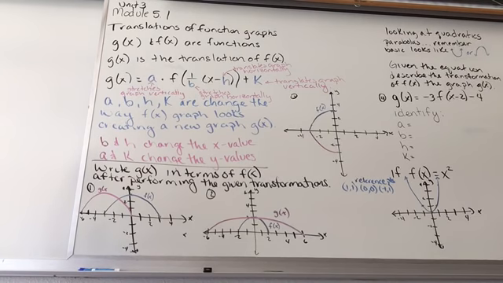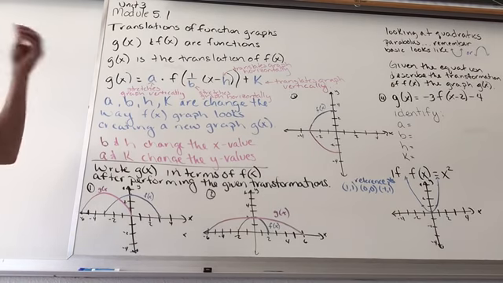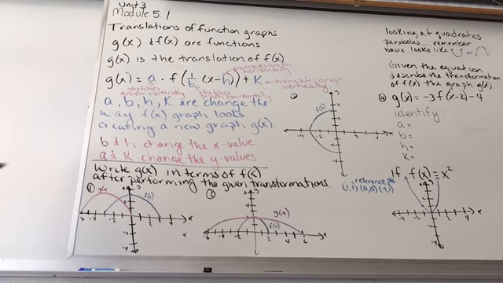A stretches the graph vertically. B value stretches the graph horizontally. B can be a little tricky because notice it's 1 over b. So when b is a fraction and it's written as 1 over b, it stretches. But when it's a whole number, because it's 1 over, it means it's been flipped and it actually compresses our